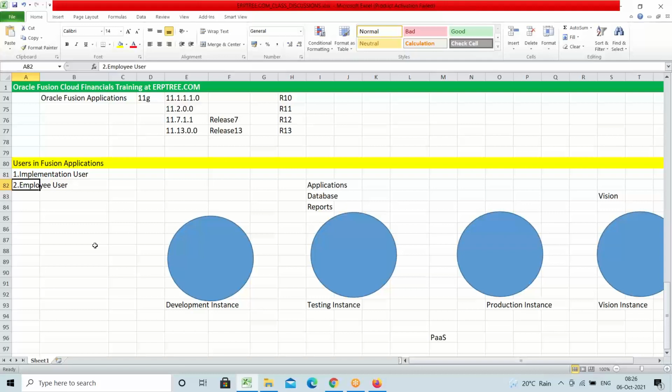In the very fresh instance, we can create only an implementation user. We cannot create an employee user. This is a point we have to make a note of. Why exactly, we'll come to know very soon. Now, the instance we are going to use when we are working for any client, the first step,